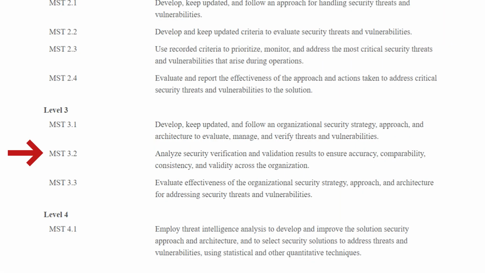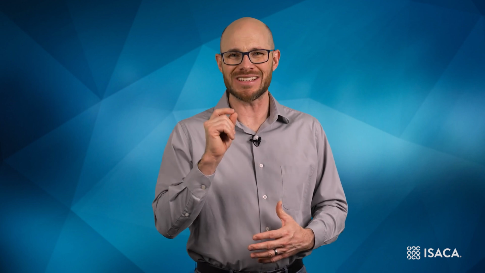Whereas MST 3.2 is concerned with the analysis of verification and validation data for individual security responses, MST 3.3 extends the concept still further and looks at the effectiveness of the overall strategy, approach, and architecture. This will help the organization understand the effectiveness of its approach in guarding against possible threats and vulnerabilities. Here, we are looking at the extent to which the actions taken to address security threats and vulnerabilities effectively reduce the perceived risk to an acceptable level, and where issues are identified, establishing systemic responses within the overall strategy to